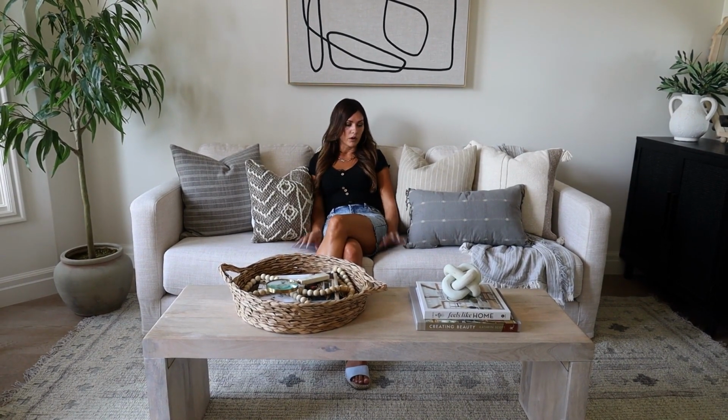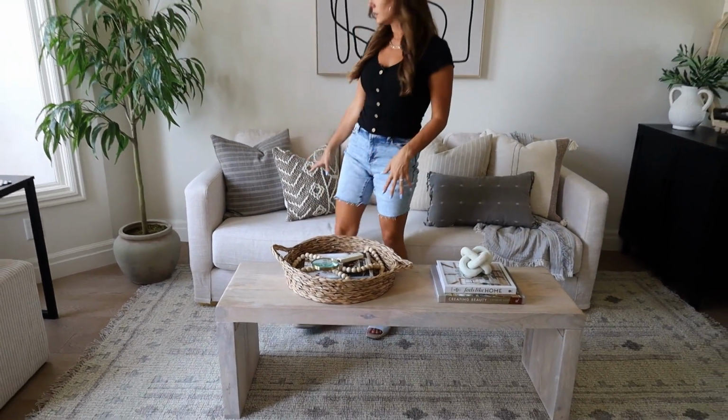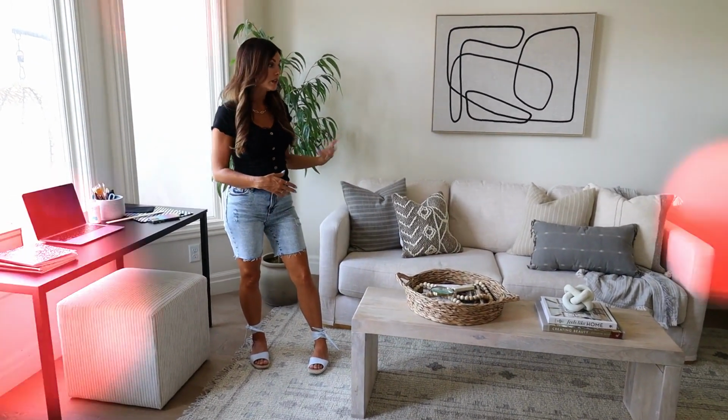No. Yeah, and at my sister's house, hers was a little bit even more lived in, and it still looked really good, and it was even more comfortable, I think. So I feel like it's one of the best values right now out there on the market that still has a clean, simple, more modern style. It's from Gap Home at Walmart, so they really have some good pieces. I've been impressed. Let's talk about some other stuff in the space, but that sofa is what really kicked off the look, that I've been wanting to see in person, and I'm happy to say